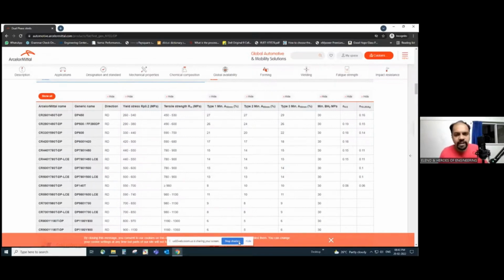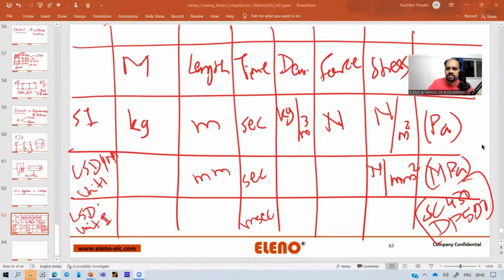So what is happening, guys? Whenever we have our stress unit in Newton per millimeter square, we call it megapascal. Am I right? It is Newton per millimeter square. That is what megapascal is. So let me share my screen again. Here you go. So if you have your stress in Newton per millimeter square, which is obvious,